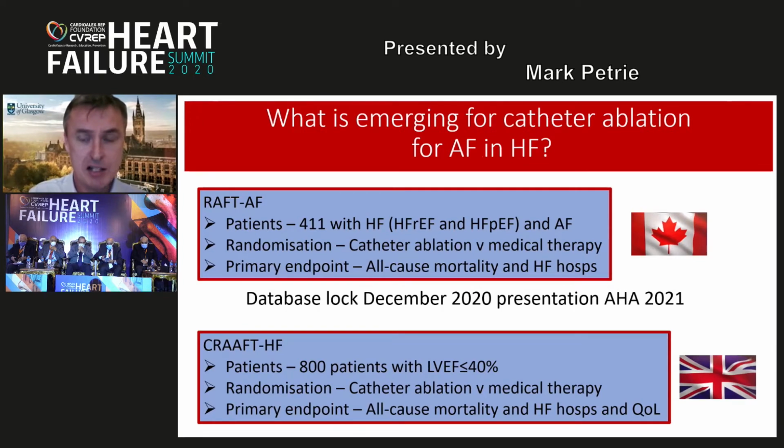So what's coming next? I think most of us do think there's some benefit of catheter ablation for AF and heart failure. So there are more trials which we're waiting for. One is a Canadian trial, which is going to present very soon at the American Heart Association next year. This is a slightly bigger trial of 411 patients. Again, this time heart failure with reduced and preserved ejection fraction with an endpoint of all-cause mortality or heart failure